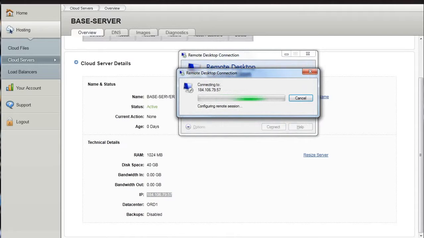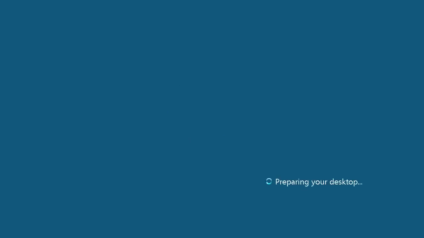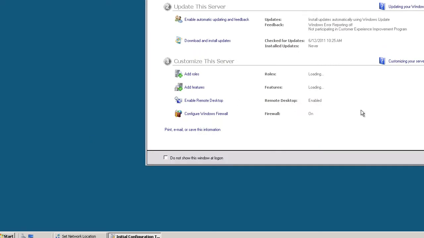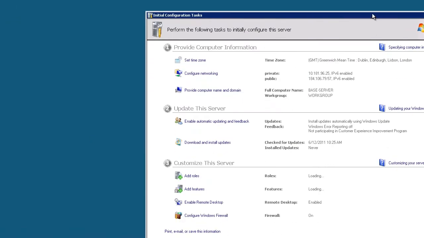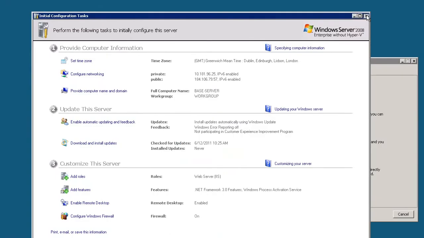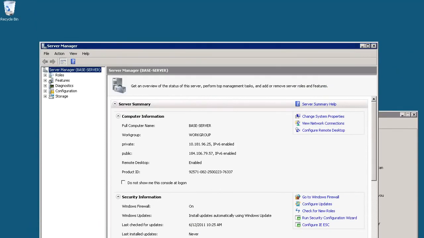We're going to say yes. Okay, and it loads up, and you simply type in your password. Type in your password, and here you are. For the first time it will take a little bit to prepare your desktop, and as you can see this is just like a normal Windows server. It'll do the standard Windows introduction type things. The reason why the screen's a little bit funny is obviously I'm trying to record this, and that's why I